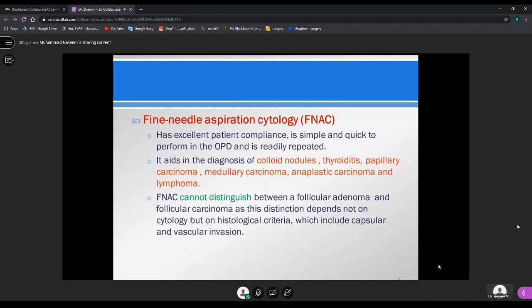because the differentiation between follicular adenoma and carcinoma does not rest only on the differentiation of cells. It depends on identification of whole histology, that is, whether there is invasion of the capsule and whether there is invasion of vessels or not. FNAC is obviously less reliable in cystic cases, because when we aspirate something which contains fluid, only fluid will come, no cells will come. So its value is only in solid swelling. When we aspirate a solid swelling, we get some cells to identify histologically.